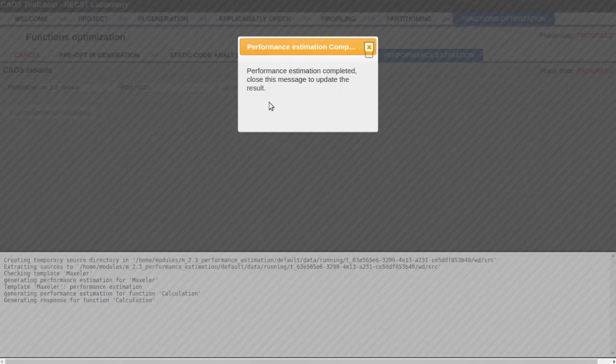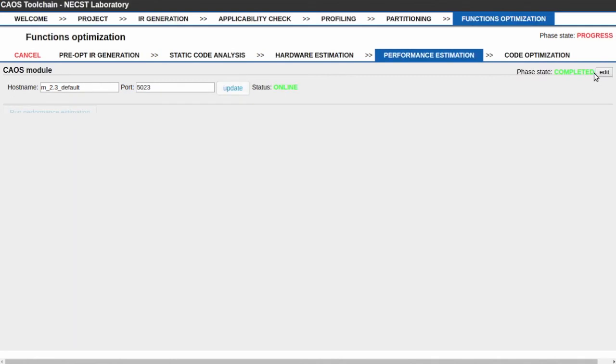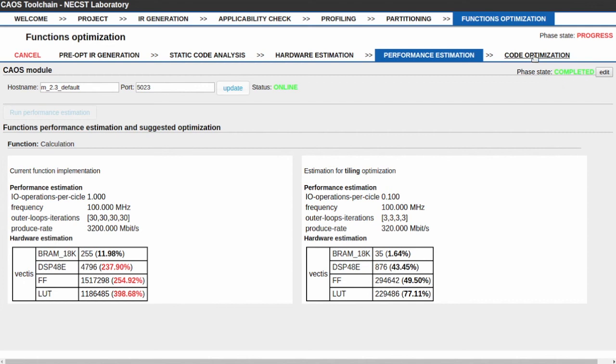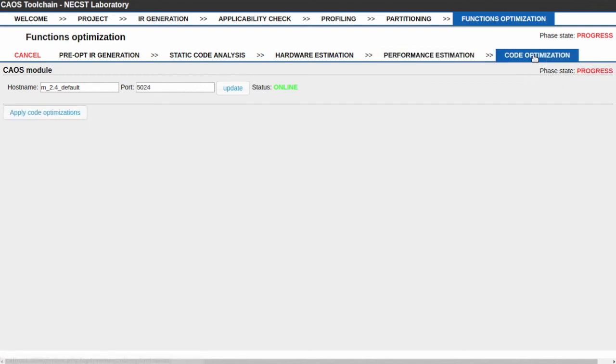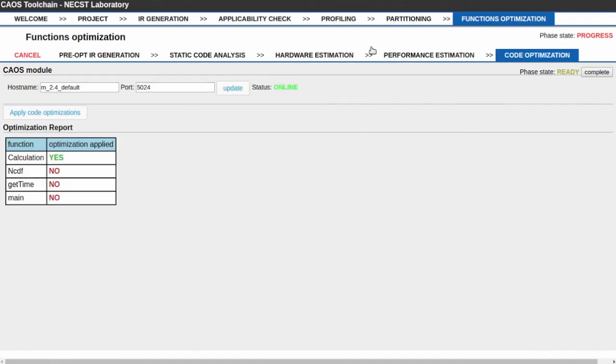In fact, if we move into the performance estimation phase, we see that the framework starts a design space exploration, resulting in proposing a tiling optimization. This optimization reduces different values such as I/O operations per cycle and outer loop iterations, resulting in an overall reduction of our resources, so that all of them now are below 100%. Now that our design fits the device, we can apply our optimizations to the code